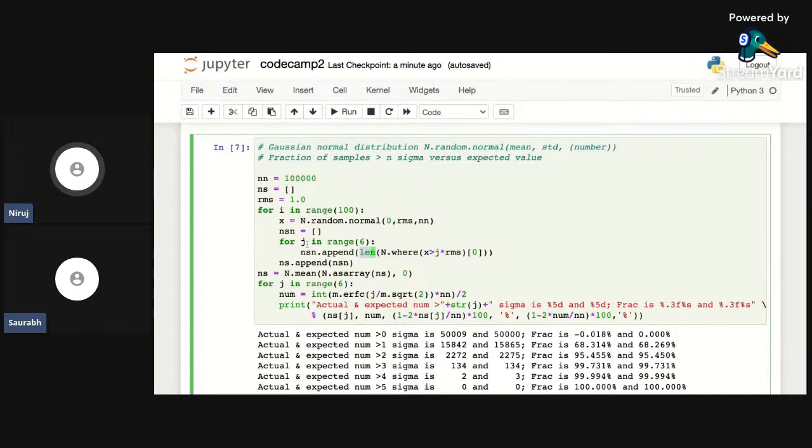The last J will be 5. So I'm going to ask for all the locations where X is greater than 5 times the RMS. I'm going to count the number of such locations, which gives me the number of locations where X is greater than 5 times sigma, or 5 times the RMS. And I'm going to add that to the list NSN. Now what I'm going to do